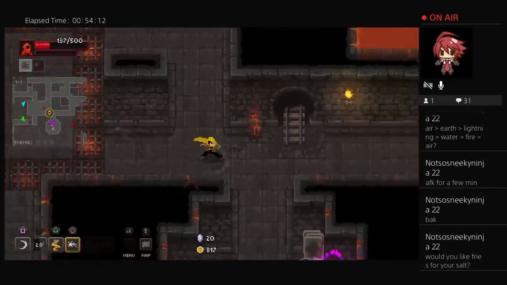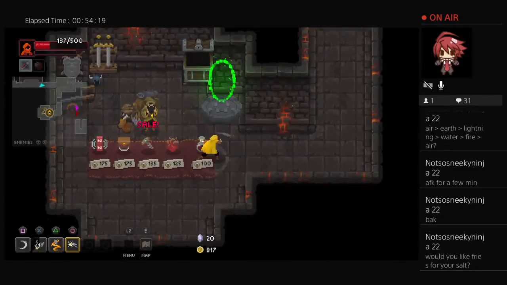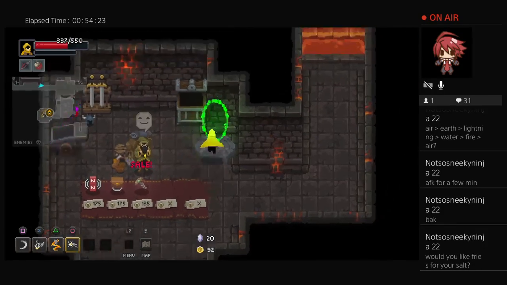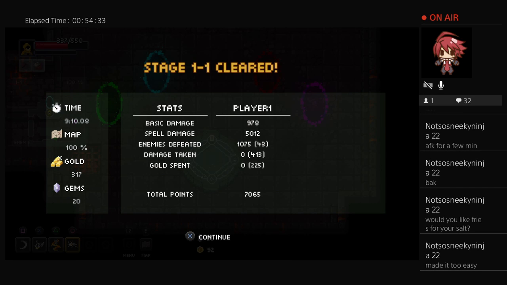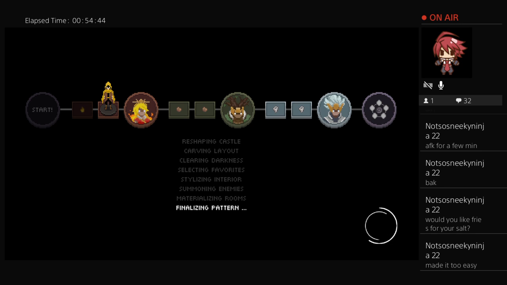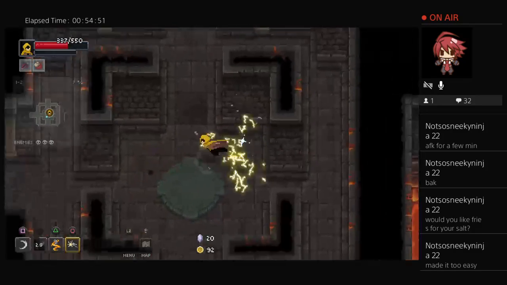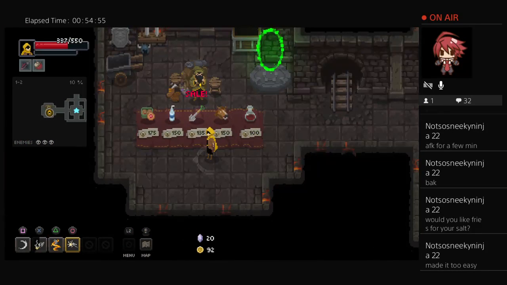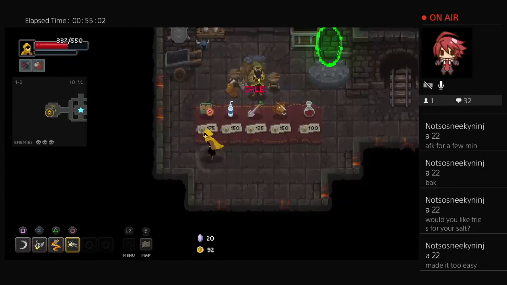Alright, well, I have 300 gold. I could probably buy myself a potion. And that heart. Give me the potion! Huh, well I found that shop easy. The only thing I would possibly even get is that, but...